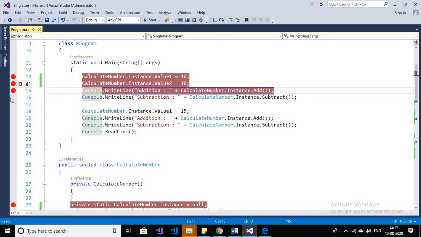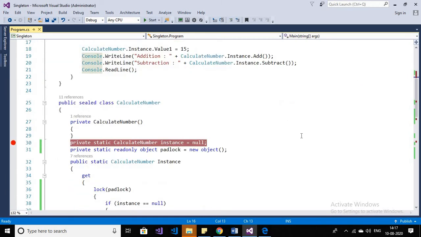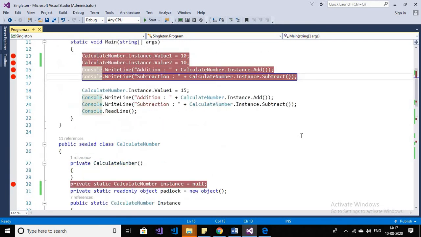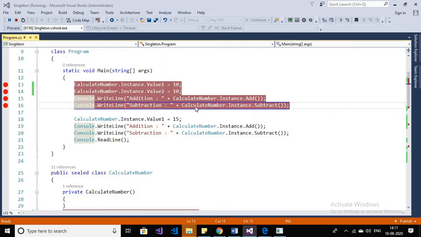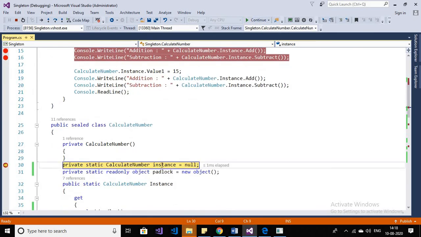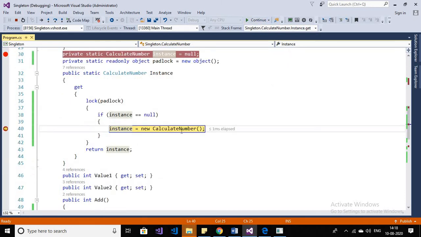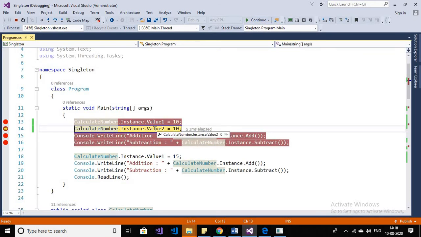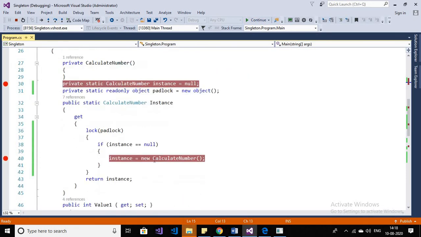I am putting debugger everywhere. Okay, first time instance is null and it creates a new instance. Now it's second time, means instance should not be created because instance is created first time. So there is no instance created.